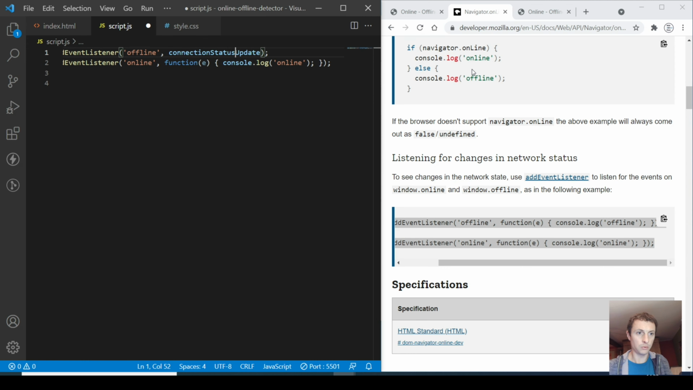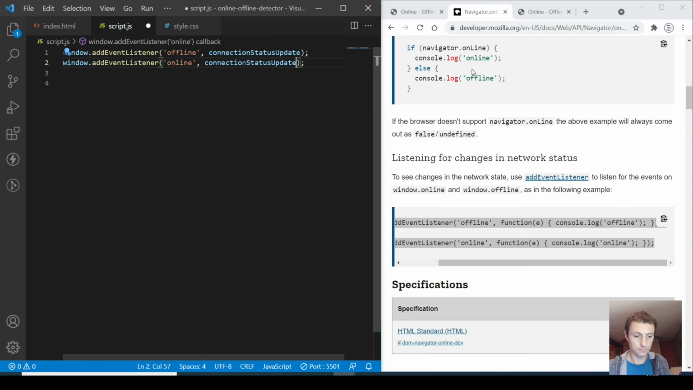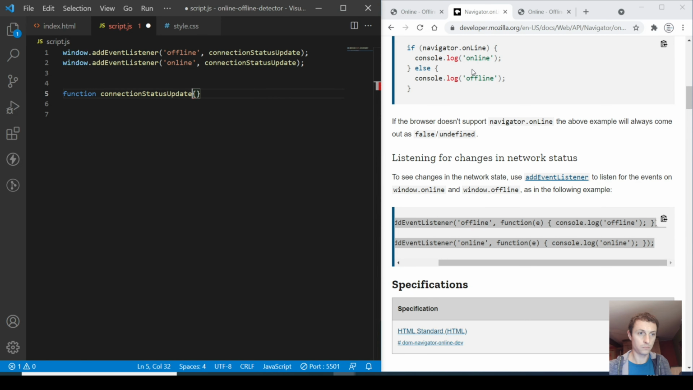Connection status update. Here we are. In both cases, we are going to call it. And now let's develop this callback. Okay. And we're going to check here inside if, as we said before, navigator